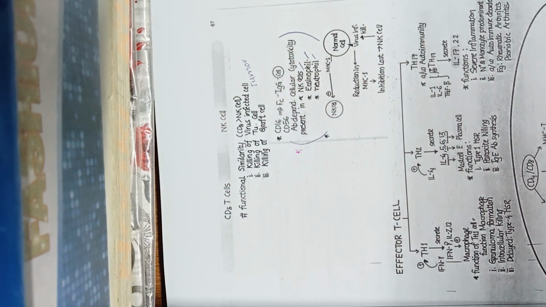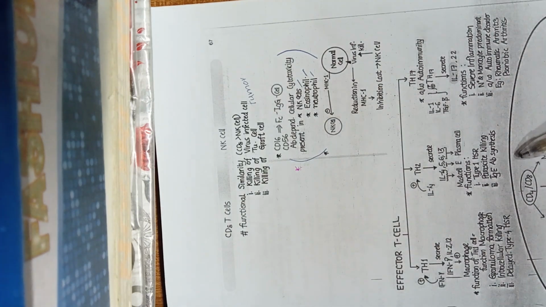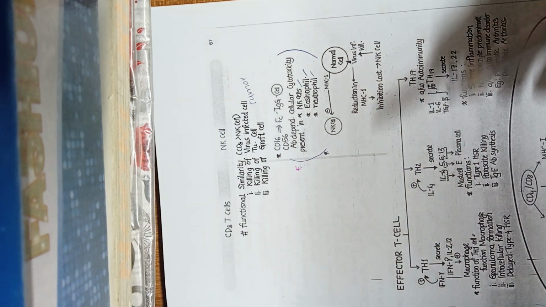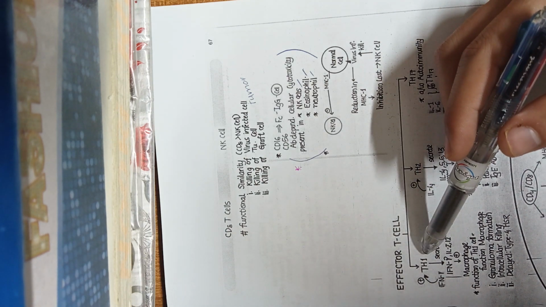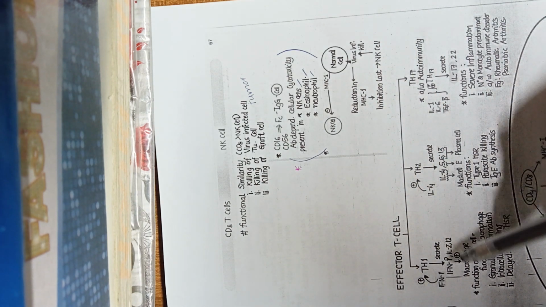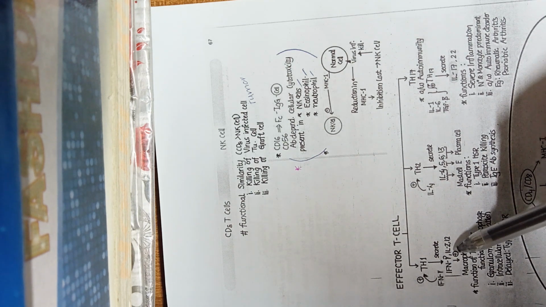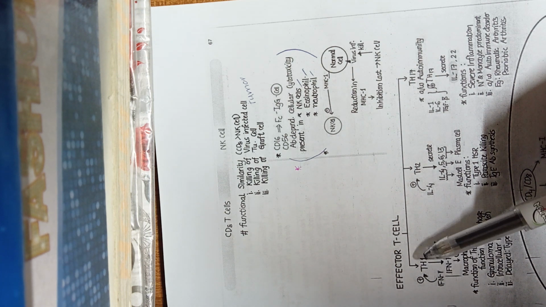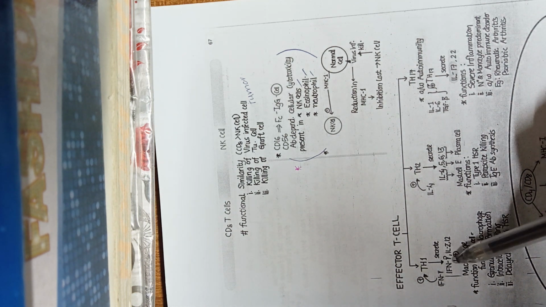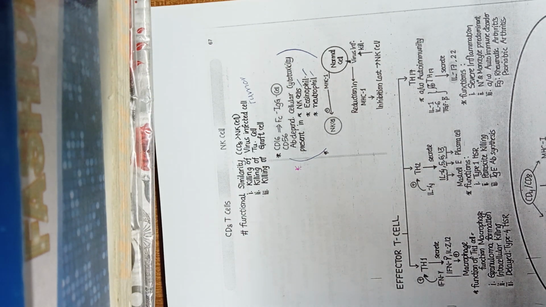Now let's discuss about the effector T cell. Effector T cells are of three types: Th1, Th2, Th17. Th1 secretes interferon gamma, interleukin 2 and 12. Interferon gamma activates T helper 1, and T helper 1 itself secretes these molecules, and these molecules activate macrophage. The function of the T helper 1 cell is granuloma formation, intracellular killing, and delayed